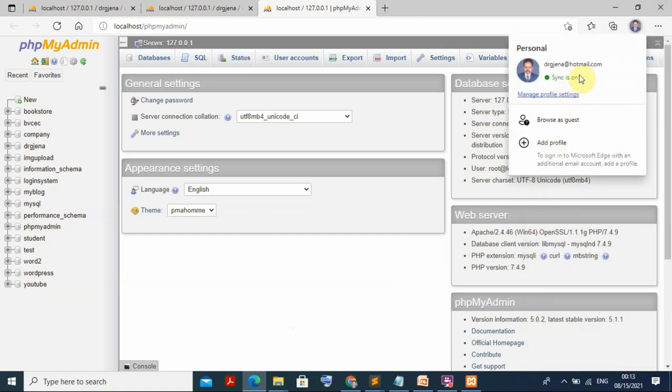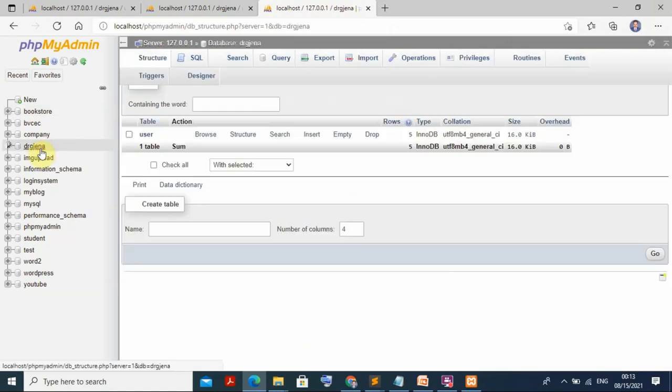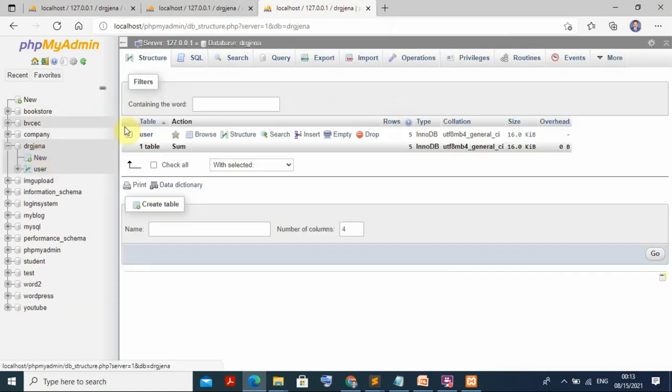Here we can see doctor, it is already logged in. I have already given this there, and you can also log in using the root and the password. Once you log in, then you go to the database and create one. I just click this database. I created my database, actually, like Dr. Jijana. So this is the database I created. In this database, it will immediately ask you to create a table. Just click it here and create the table, and already I created a table also.